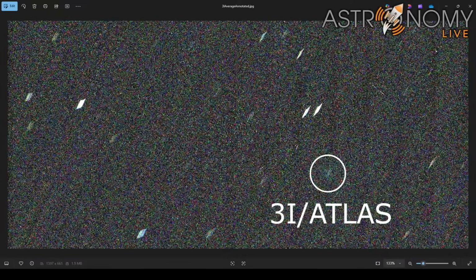Doesn't Atlas have an eccentricity over 6? Yes, it does. So, like I was saying, I don't know that any scenarios remain that we could even catch up to it. I mean, it's way faster than Oumuamua. I don't think it's possible, to be honest, but maybe if you have some exotic solution that involves hurling a